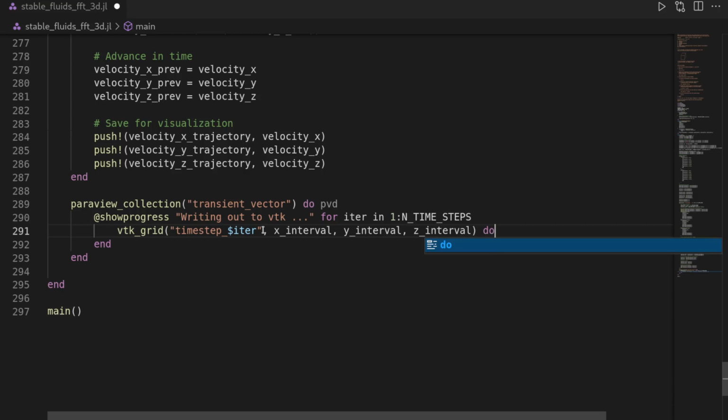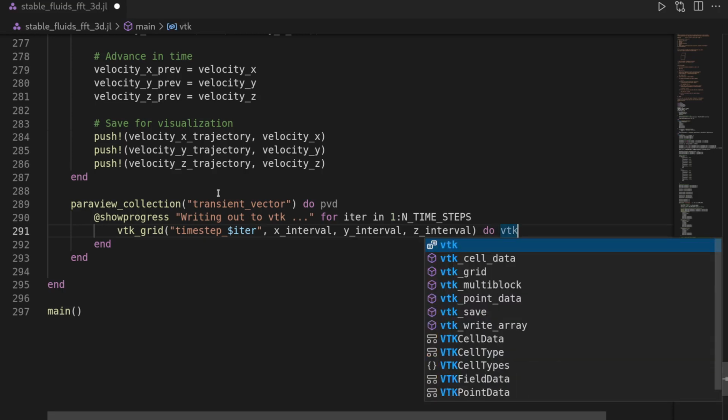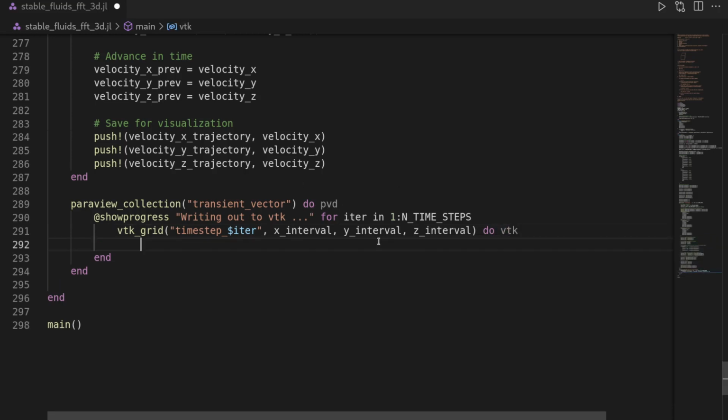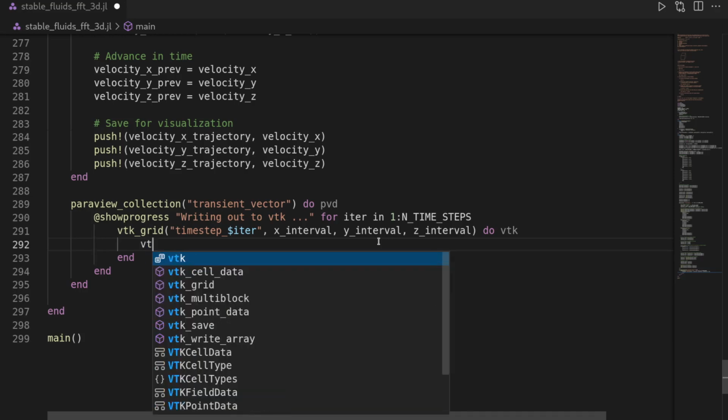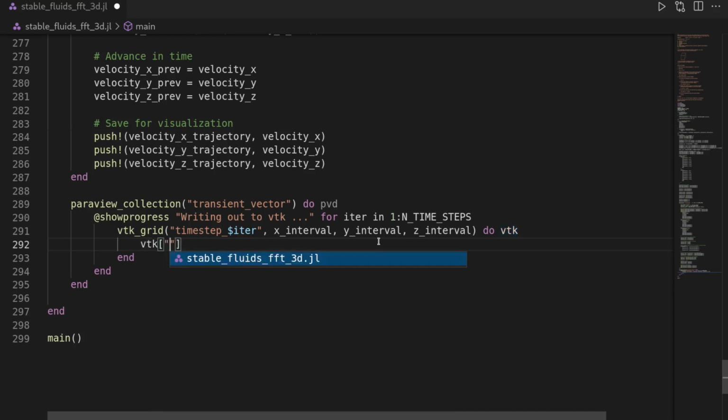And then we do VTK, similar concept. We create a local scope here and then end in here. And then let's save out the vector file. So we do VTK at velocity is equal to a three-dimensional vector given by the velocity x trajectory, or maybe